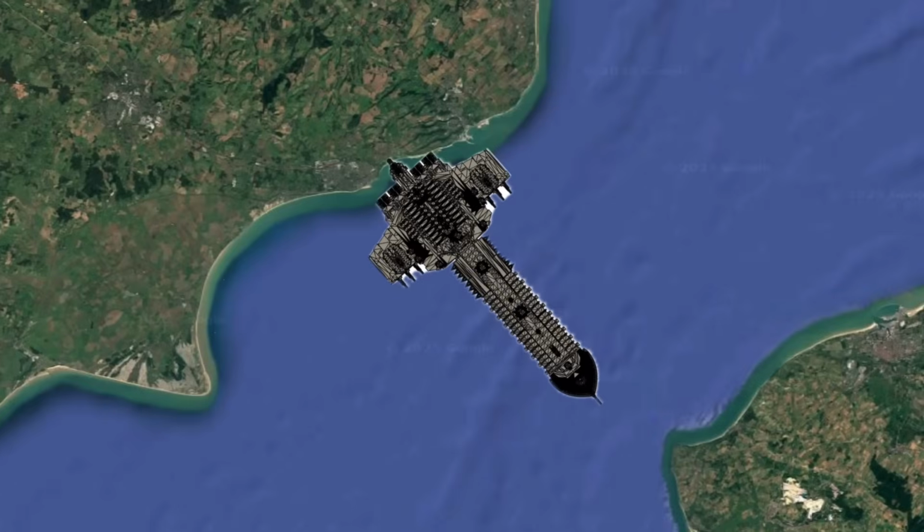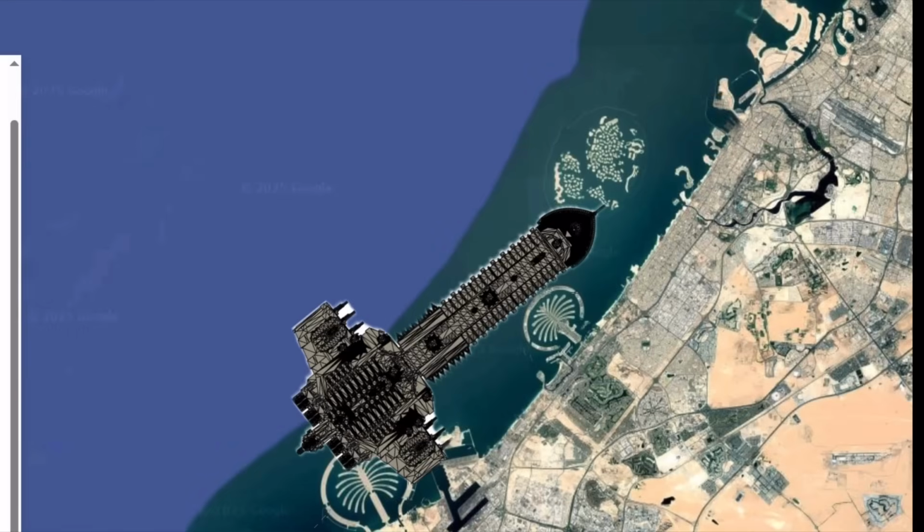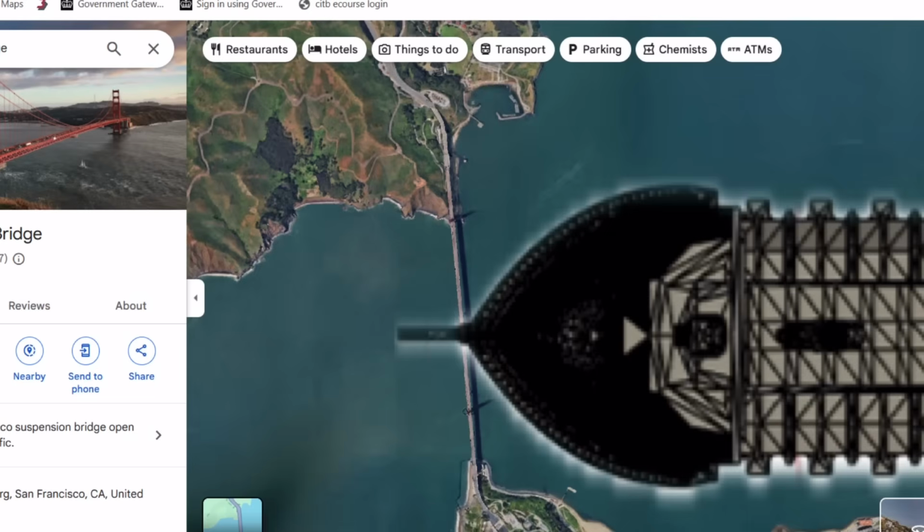But what if this was your Primarch super yacht and you wanted to go park it at the Palm in Dubai? Well, I think that's going to have quite the docking fee. What about if you had to make it under the Golden Gate Bridge in San Francisco? I mean, I think the cannon might fit under the bridge, but other than that...